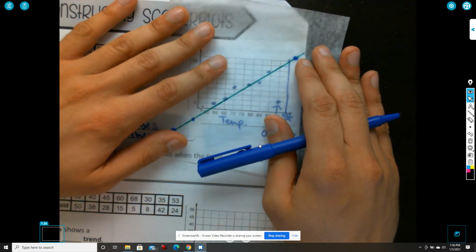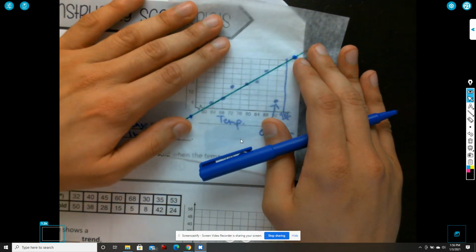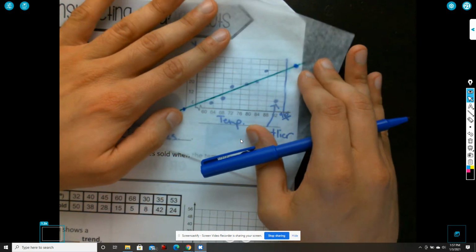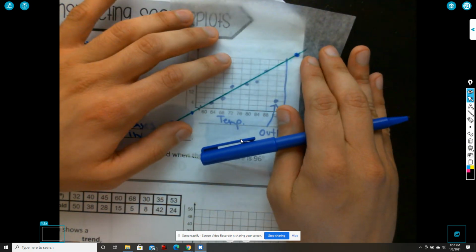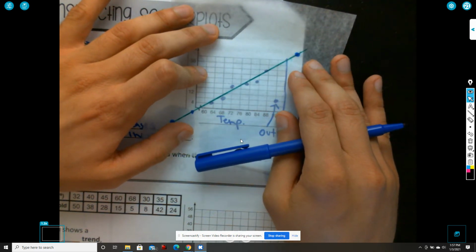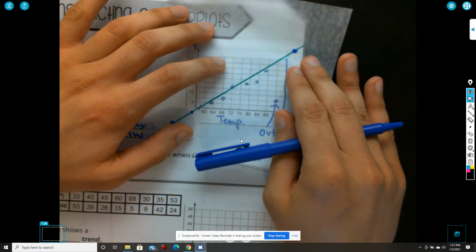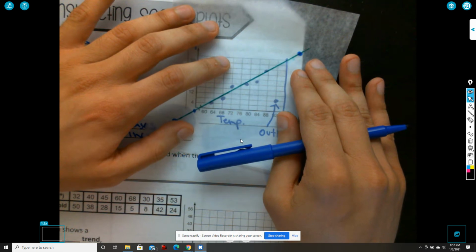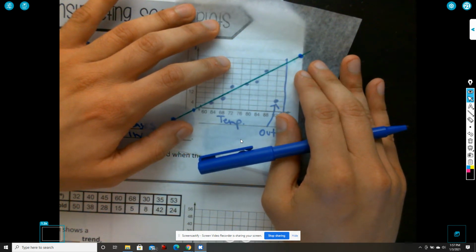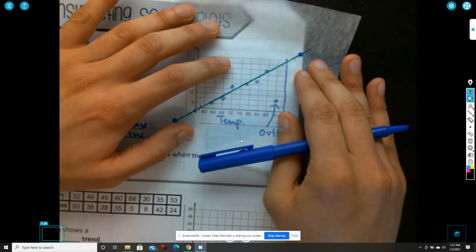If you don't have patty paper, you're just going to have to estimate. You have a straight line on the patty paper, and you're going to try to find a middle ground. You're not connecting the dots, but you're trying to find where the middle of the line is. I would say the middle of the line is about